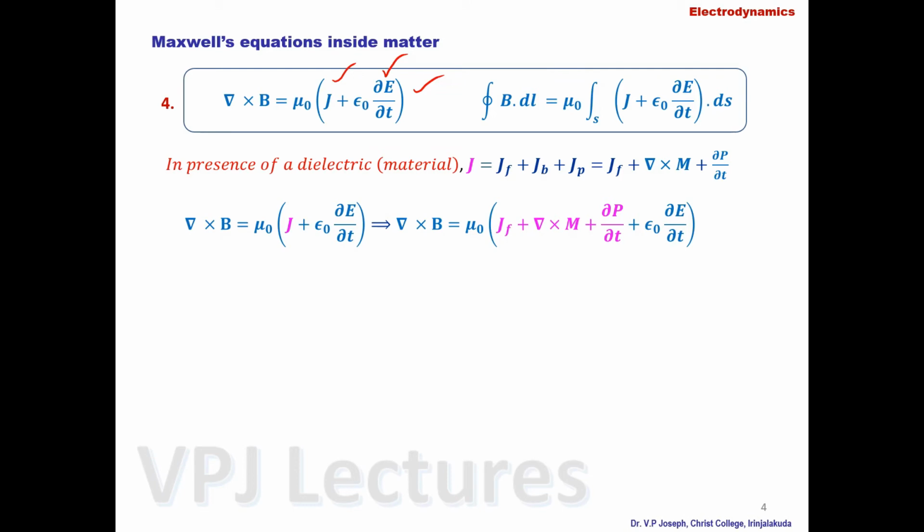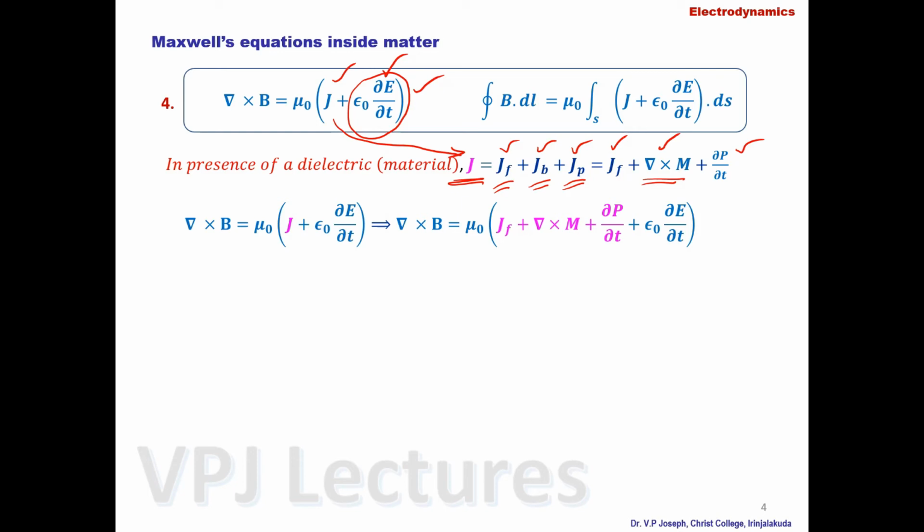Now the other current terms we need to include in this source section, that is, in the presence of a dielectric material, the value of J we can write as JF plus JB plus JP. Along with epsilon 0 dou E by dou T, which is already there, we are rewriting this current density vector J as free current JF plus bound current due to magnetization and the current due to polarization, that is JF plus del cross M. Del cross M is the bound current due to magnetization, and dou P by dou T